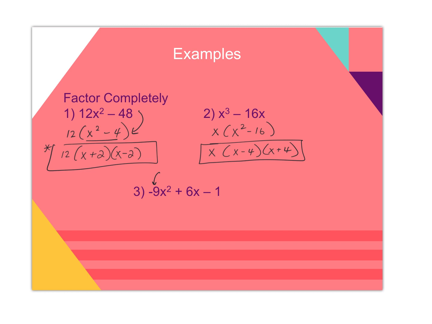Again, we don't like that first term to be negative, and so whenever I see this negative there, I just factor out a negative 1. If there's no other GCF, I just pull out a negative 1. That's going to change the signs: 9x squared minus 6x plus 1. It's going to change all the signs within the parentheses. And now I'm left with this trinomial that I can either factor the traditional way, or I can try to see if this is one of those